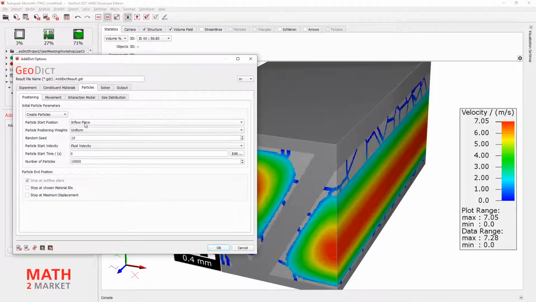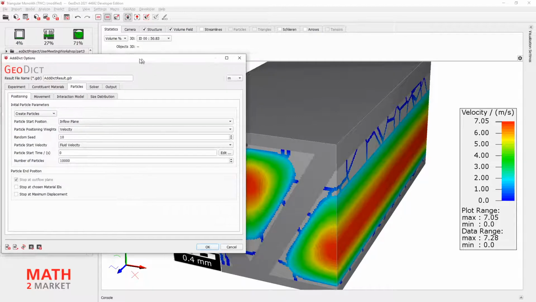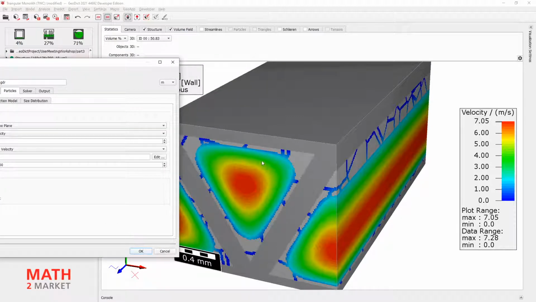Inflow plane, that's all right, but we will change the particle positioning weights to velocity. If you take a look at our velocity profile, this red section in the middle has a higher velocity, and here we will start more particles than in the lower velocity regions, because this will lead to a constant particle volume concentration inside our flow.